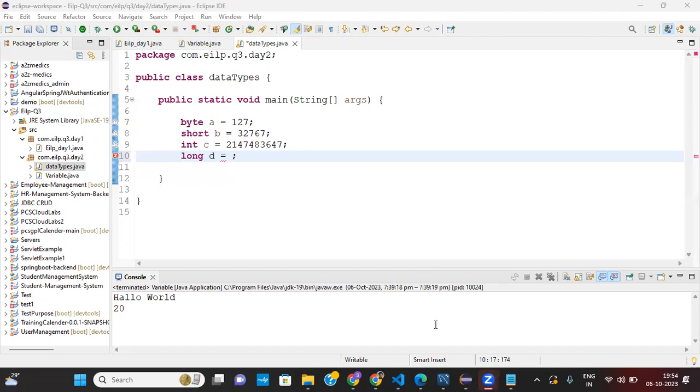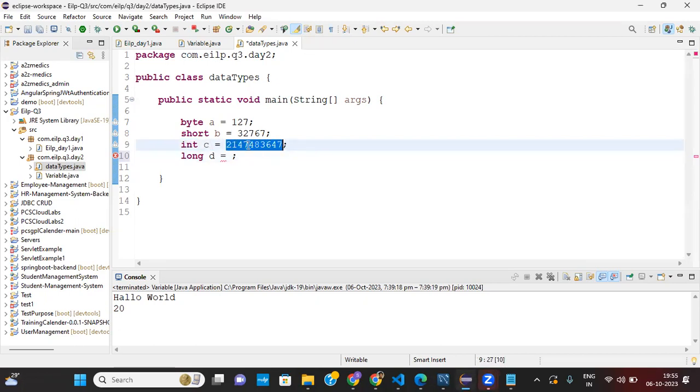We use long where we actually require something like a product ID or any kind of ID that requires a very long length. In most cases, integer is okay with this range.